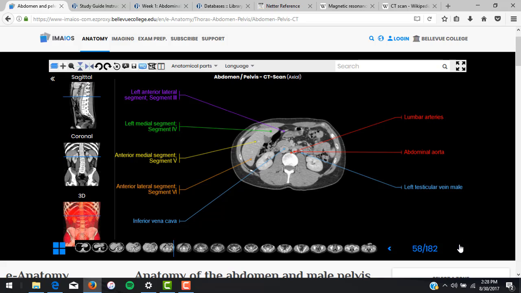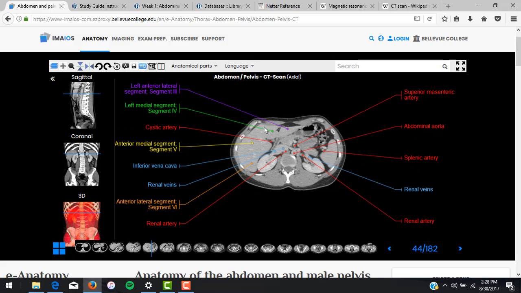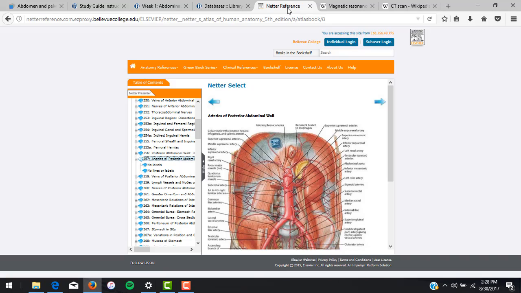If it works for you, please let me know. And it sometimes is nice to be able to see the divisions a little bit better, but I have not seen that on mine in quite some time. And then for the Netters reference book,